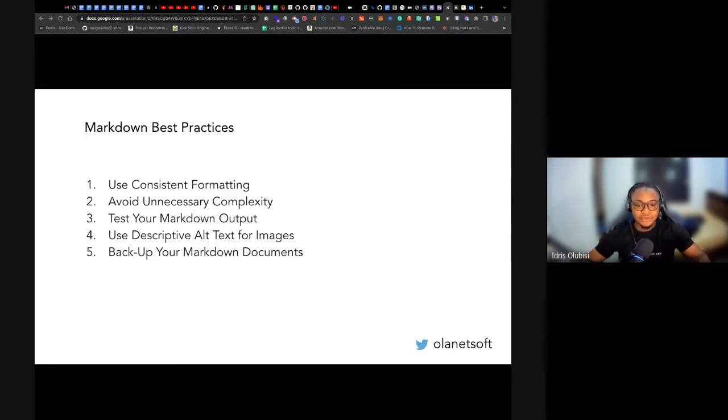thing takes a lot, especially when you have written a lot of content, you have styled it, you have done everything that is necessary, and now after doing all of those things, it just disappeared. Maybe for some reason autosave was not working, and all of those kinds of things that you come across by just losing all your documents. So it's important to back up your markdown file regularly to prevent data loss, and also consider using a version